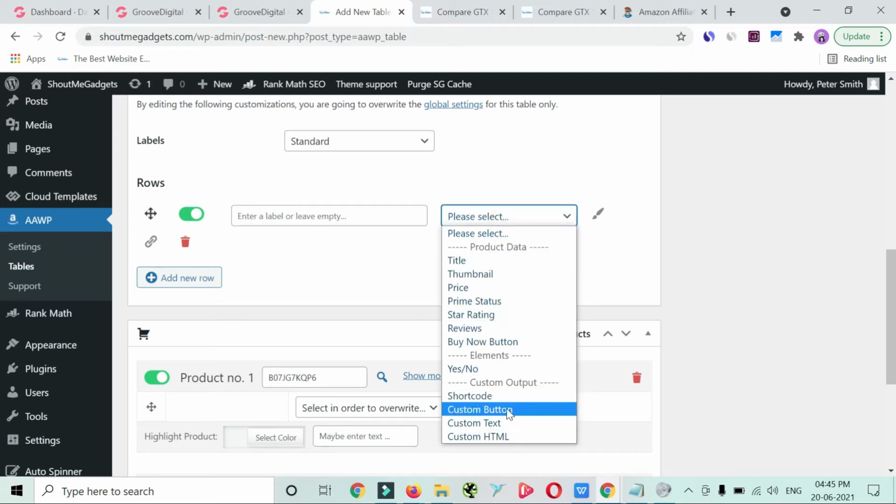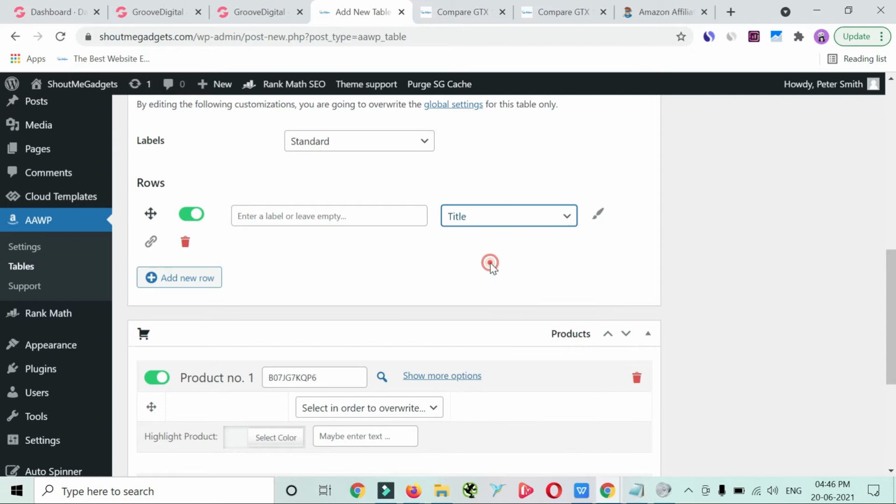So these are the default values you can add for a product. For example, title, thumbnail, price, prime status, a lot of things are there. So I'm going to enter the name of the product and label that particular row as title.